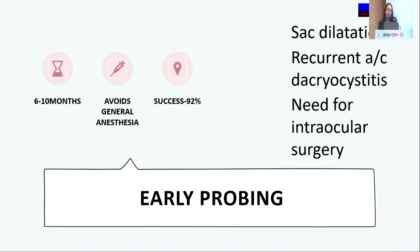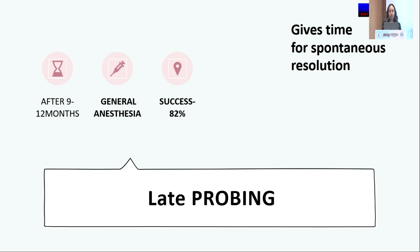So there is a debate going on between early probing and late probing. Early probing is indicated in case of sac dilatation, recurrent acute dacryocystitis, and when there is a need for intraocular surgery like congenital glaucoma or cataract. It is done usually at 6 to 10 months of age. Late probing will give more time for spontaneous resolution and is usually done after 9 to 12 months of age and